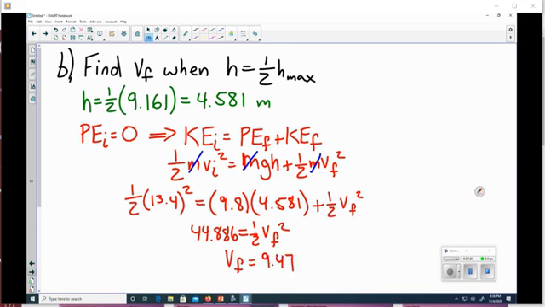And so we find the final velocity when it's halfway to its max height, 9.475 meters per second, not half